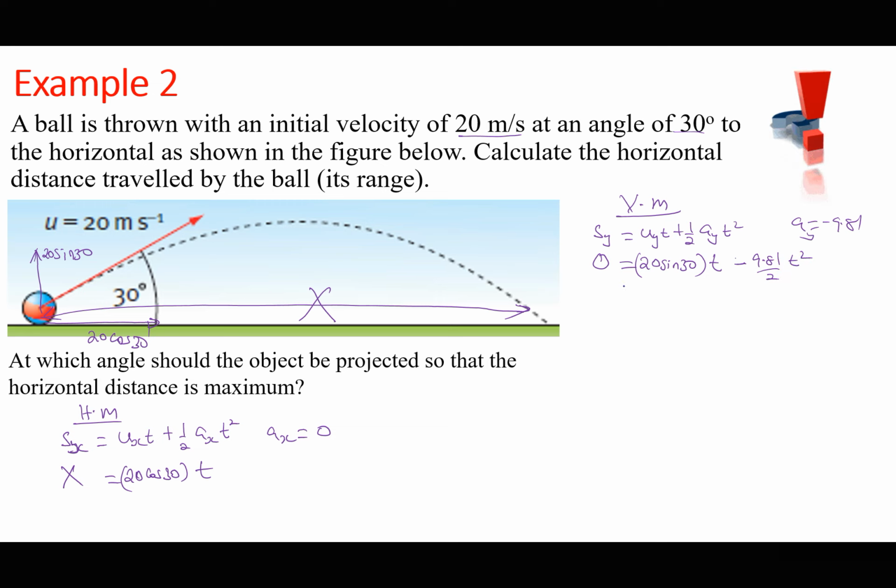So 1 t cancels. So you get t as 2 times 20 sine of 30 divided by 9.81. So you just press your calculator, 40 sine of 30 divided by 9.81. So t is equal to 2.04